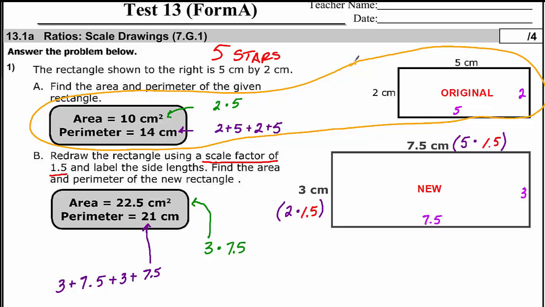So for the original figure, area is always length times width. So we have the 2 times the 5. That is the length times the width. And it's not a bad idea to write that down for yourself when you start the problem. Area is always calculated length times width. And the perimeter is always calculated as the length plus the width plus the length